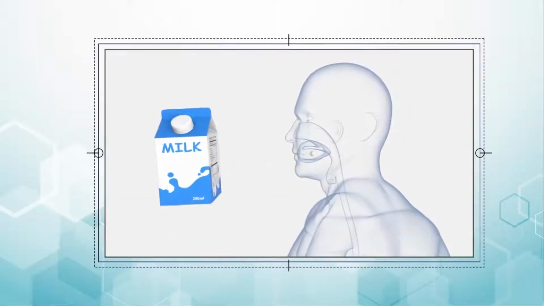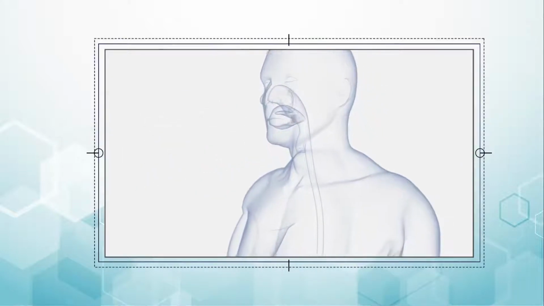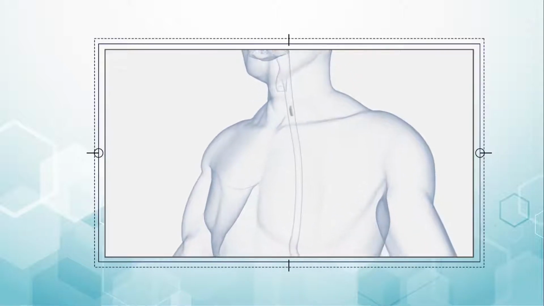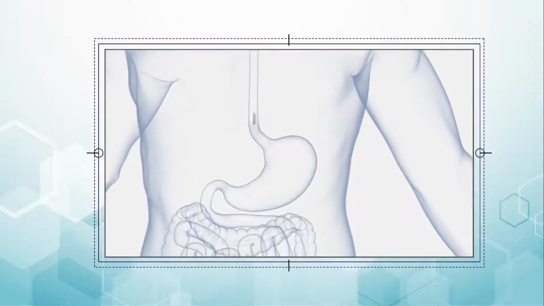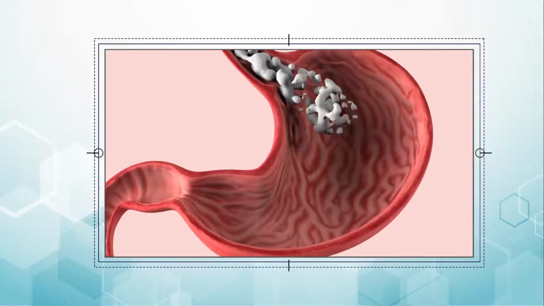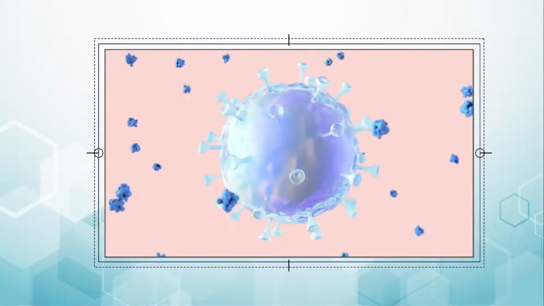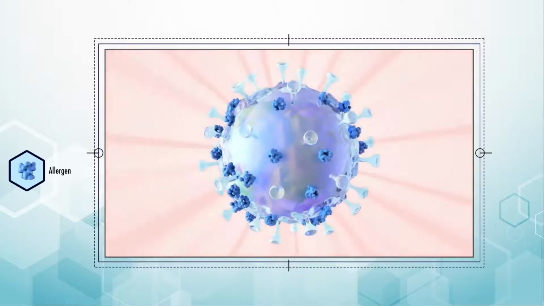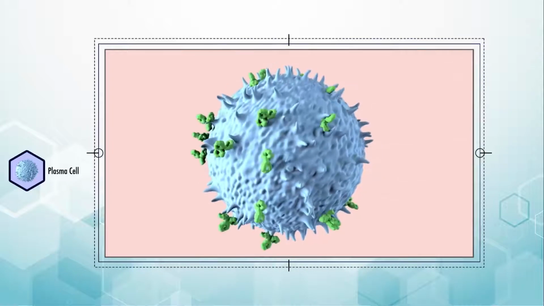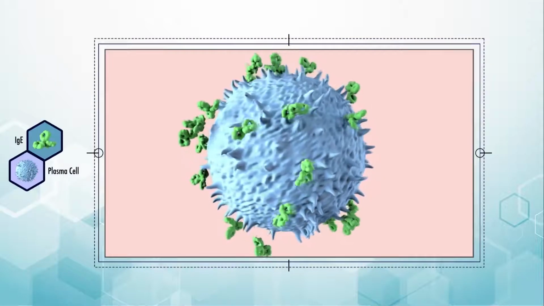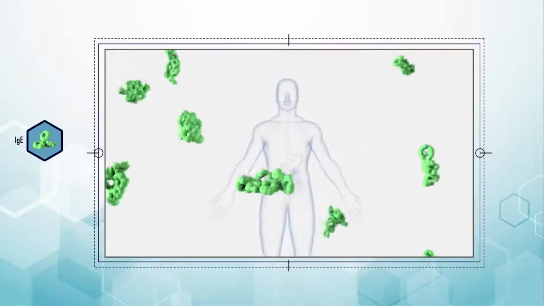IgE-mediated reactions are associated with the rapid onset of symptoms, usually within a few minutes to a few hours after the ingestion of the offending food. The food allergens involved in IgE-mediated reactions are typically naturally occurring proteins in foods. After ingestion, the allergen travels to the stomach and beyond. Allergens encounter antigen-presenting cells in the skin and GI tract, which lead to the production of IgE antibodies directed against the specific allergen. These IgE antibodies then circulate to tissues throughout the body and attach to mast cells in various tissues and basophils in the blood.